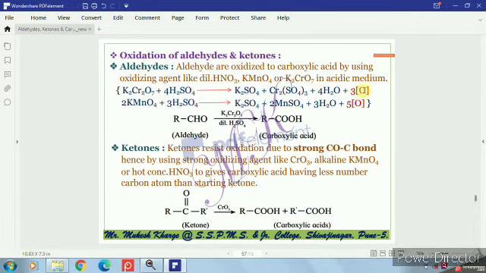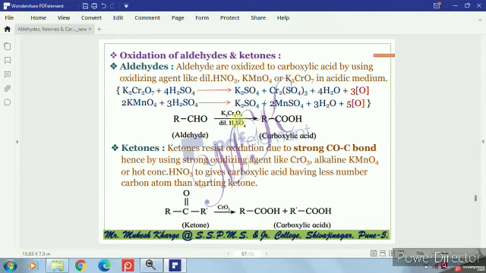This O is nascent, not O2. This is atomic oxygen. Similarly, KMnO4 also reacts with H2SO4. It gives potassium sulfate, MnSO4 manganese sulfate, water and 5 nascent oxygen, atomic oxygen. These oxygens are used for oxidation purpose. That's why on the arrow you write the reagent K2Cr2O7 in presence of dilute H2SO4. So we add oxygen across this C double bond OH and it gets converted to COOH, that is carboxylic acid.